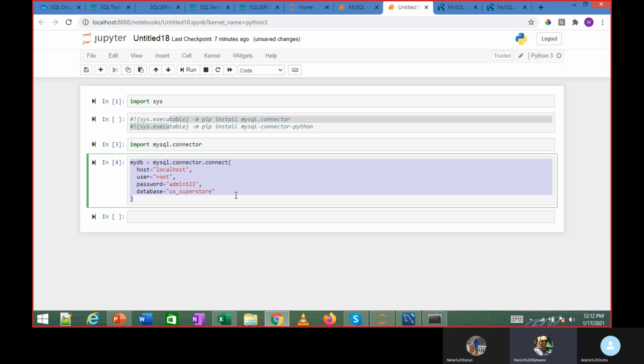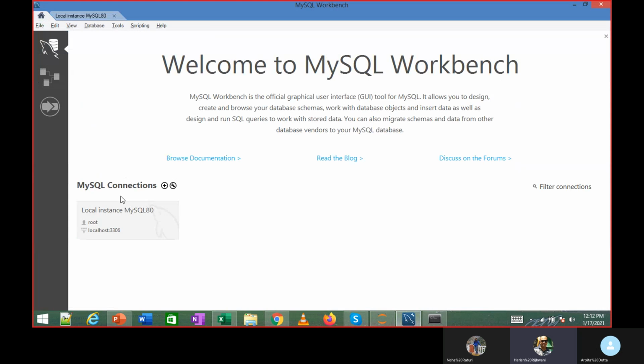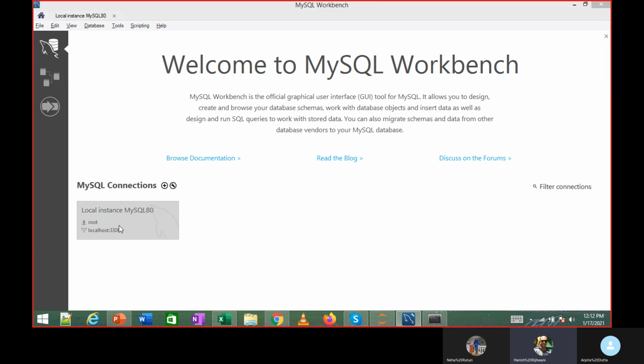Let me know if these two lines, you have to change the ID and password, alright? I'm sure the user is root, and your password is whatever you entered over here when connecting to MySQL, right? You would have entered a password over there. That is the password you need to give over here.